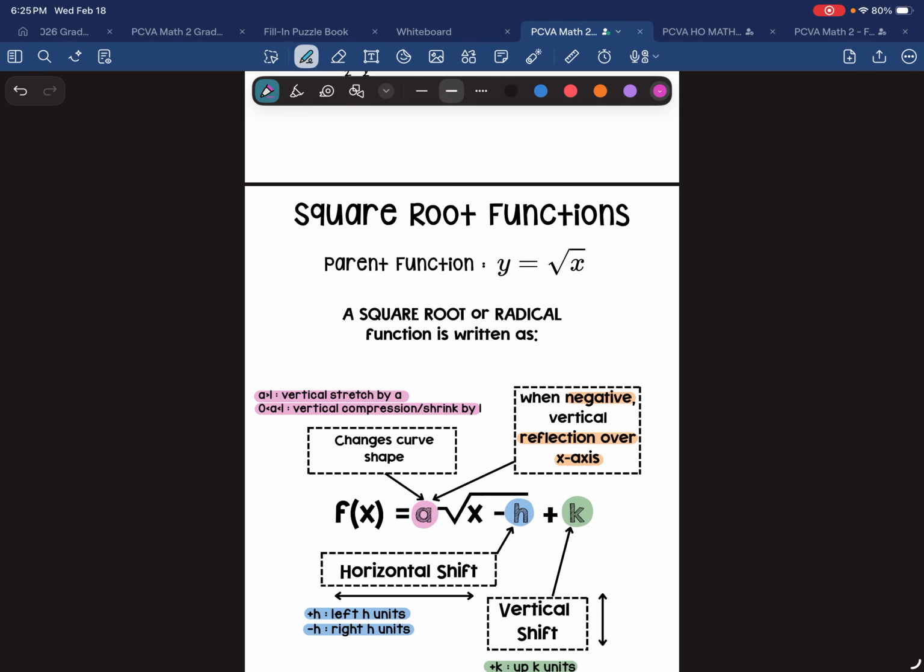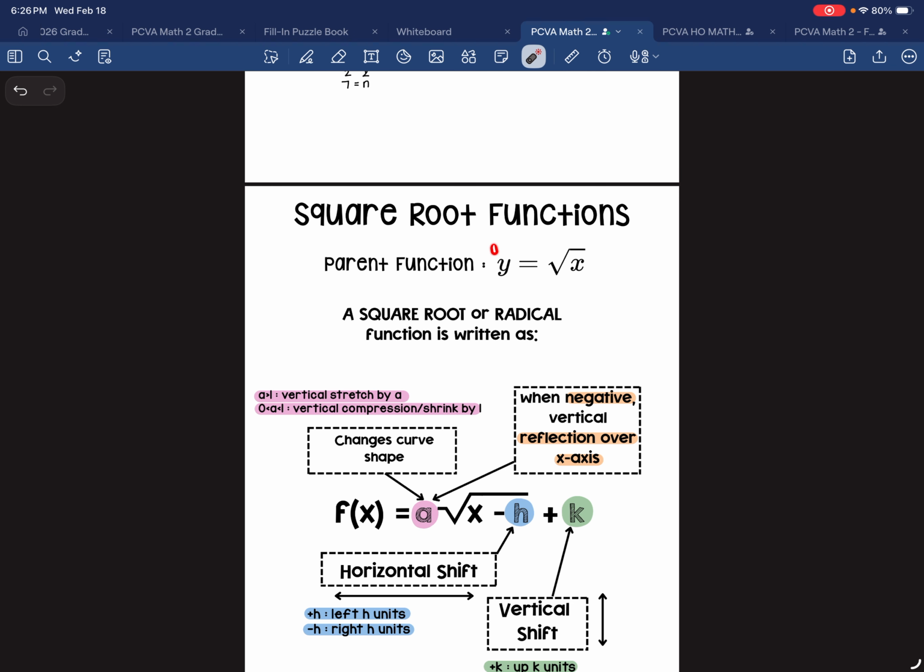All right, so for this video, we're going to be looking at the square root functions, and we're going to be talking about the transformations that we're able to identify, not only looking at it on a graph, but also really looking at the equation and the rules that you have to memorize in order to identify these transformations. So the parent function of a square root obviously is y equals the square root of x,